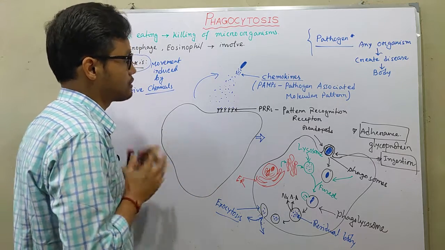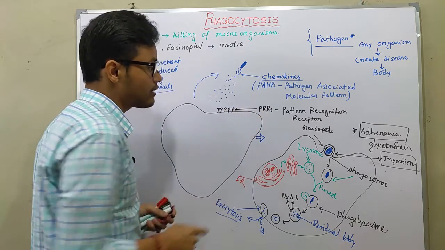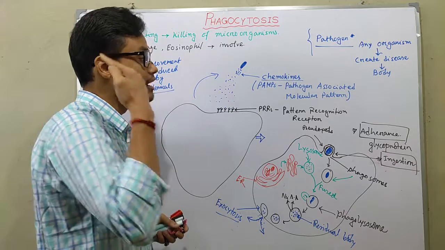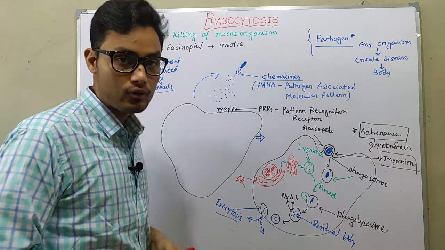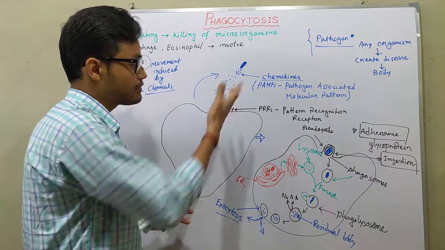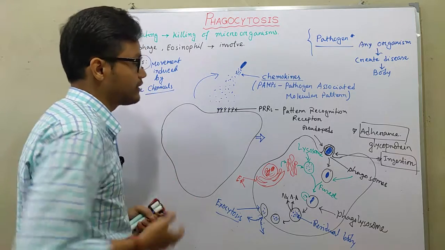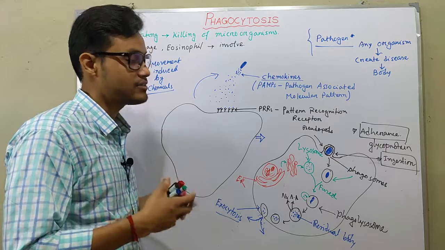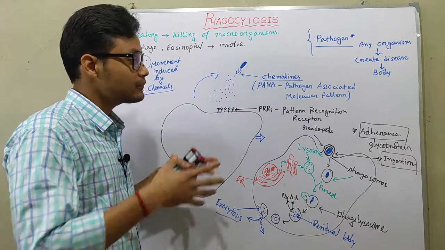So this is the whole process of phagocytosis, and here PAMPs and PRRs, pattern recognition receptors, play the first crucial important role. Okay, so I think this video is helpful for you to understand the process of phagocytosis, how PAMPs and pattern recognition receptors or PRRs work, along with chemotaxis, adherence, ingestion, and how actin, myosin along with clathrin work properly. So this is the full thing.